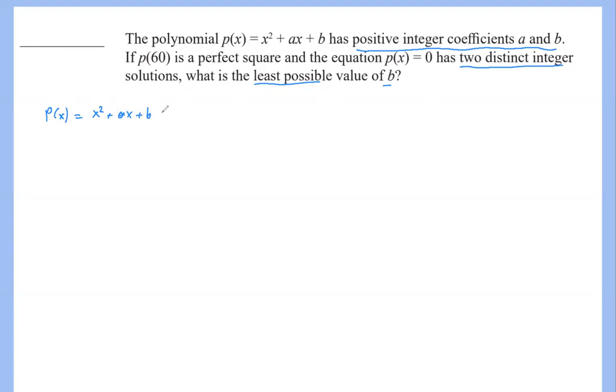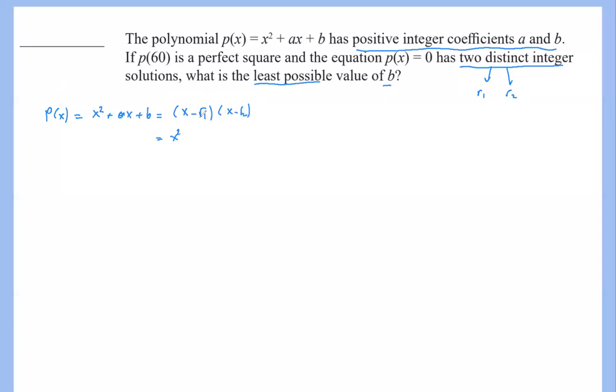And this could be factored as x minus the first solution. I'm going to name that root 1. So the solutions are, let's say, root 1 and root 2, okay? And times x minus root 2. If you know the Vieta relation, you can skip this step, but I'm just going to do it this way. And if you multiply these, that will be x times x, which is x squared. x times minus r2 will be